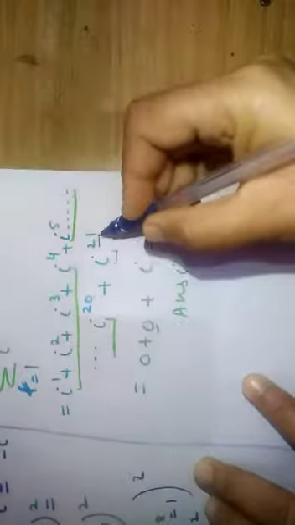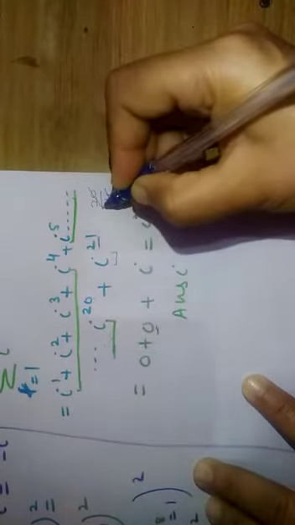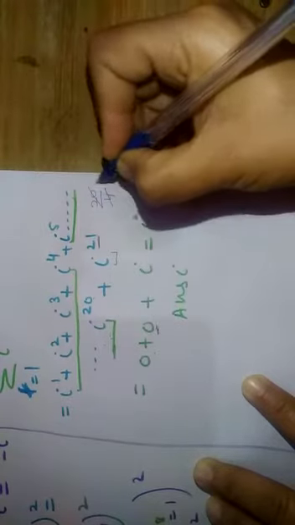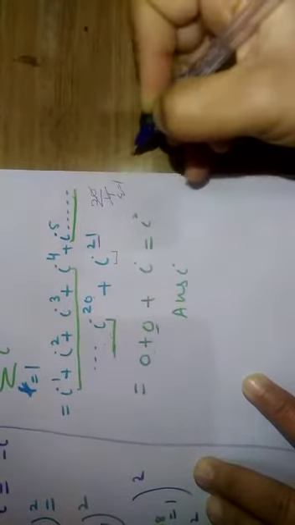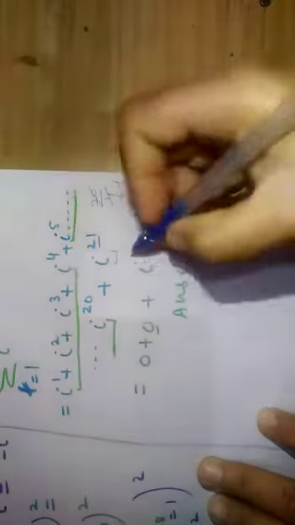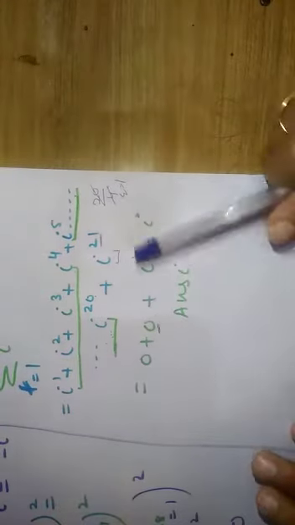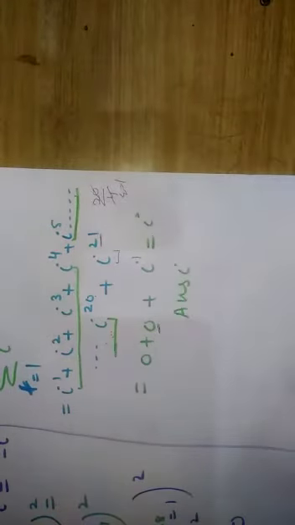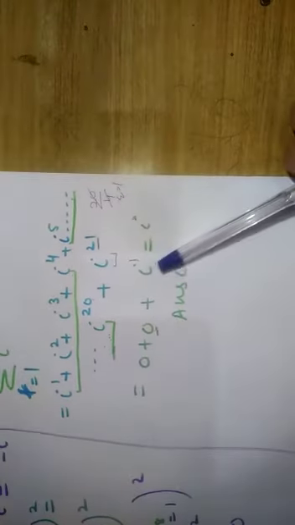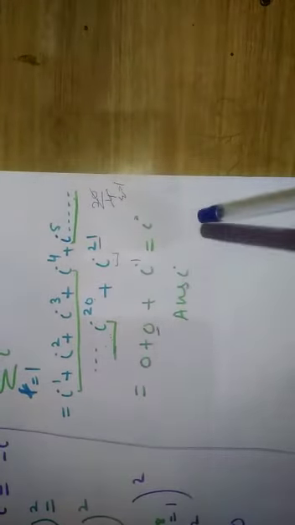21 is not a multiple of the 4. After dividing I will get remainder 1. It means I can write iota raised to power only 1, because 1 is the remainder. So it will give me the result 0 plus 0 plus iota. So the answer is iota only.